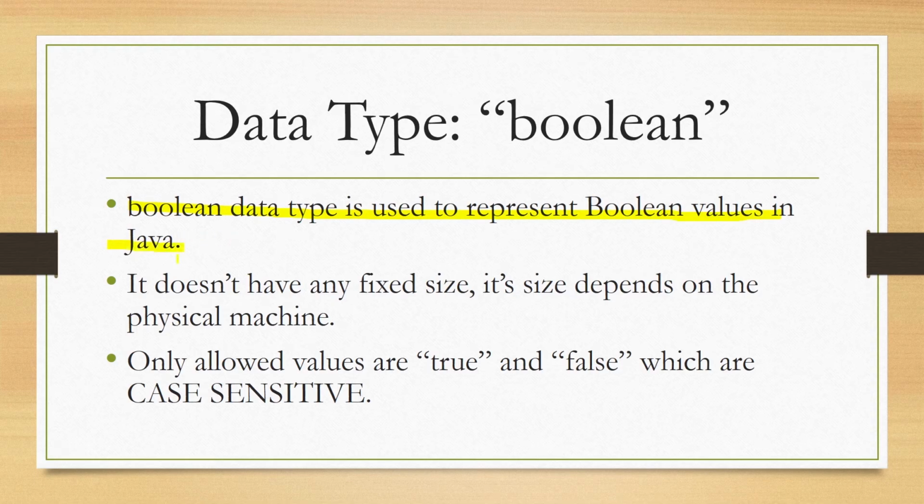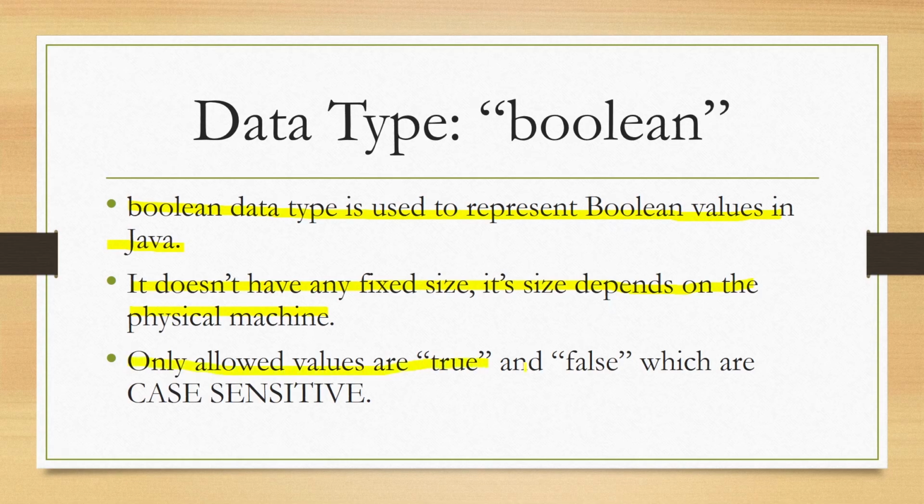Boolean values are true and false, and it is important to know that it doesn't have any fixed size. Its size depends on the physical machine. Just as we saw in the case of previous data types like int and char, there were sizes. The data was occupying sizes in bits, the sequence of zeros and ones. But in the case of booleans, there is no fixed size. It depends from machine to machine, every physical machine, and the operating system that we are using on it. It is handled internally by Java, and its size isn't a concern to the programmer.